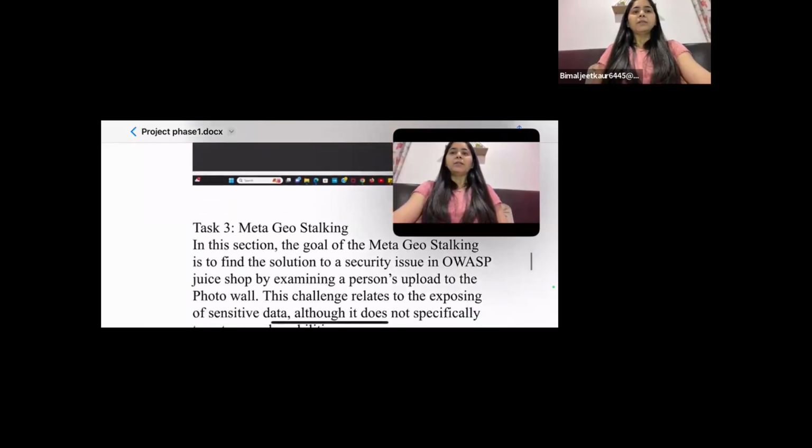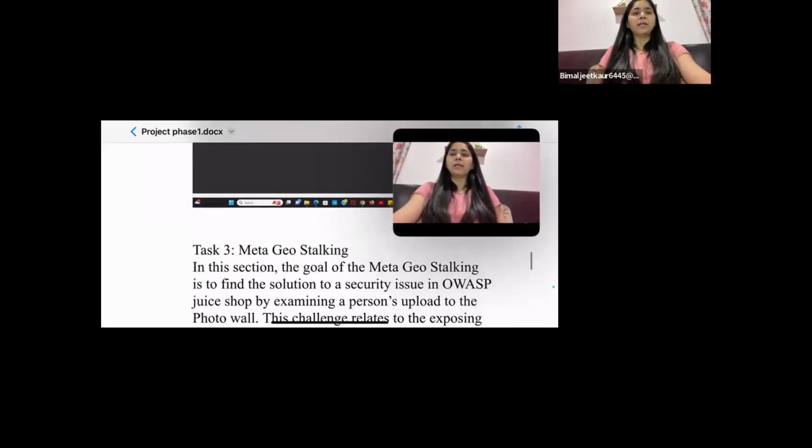So this is our login section and the admin section. The third task is the meta geo stalking. In the meta geo stalking, we have to find out the vulnerability, and we have the following commands to resolve these issues. And in this section, we can have the